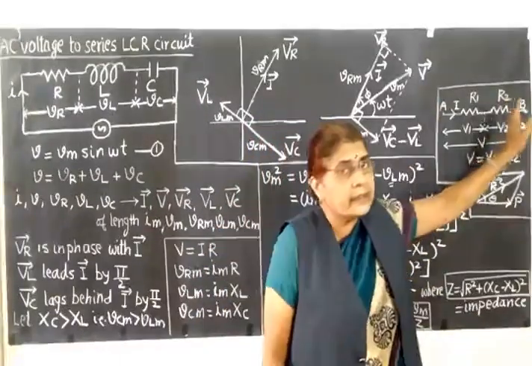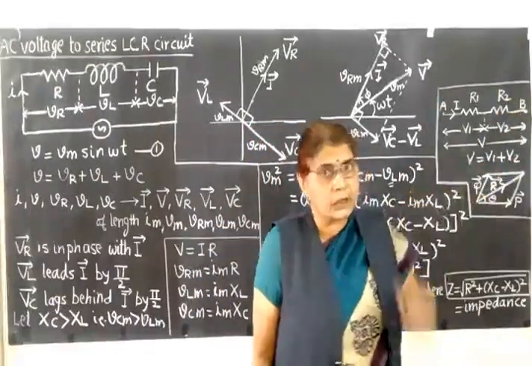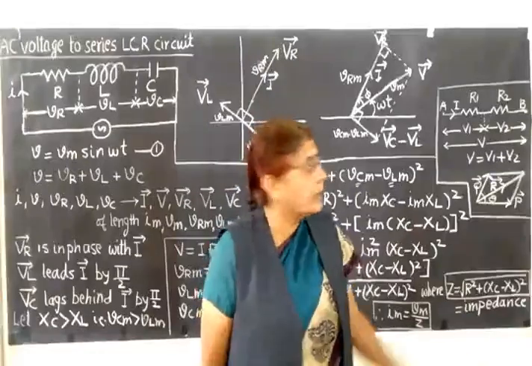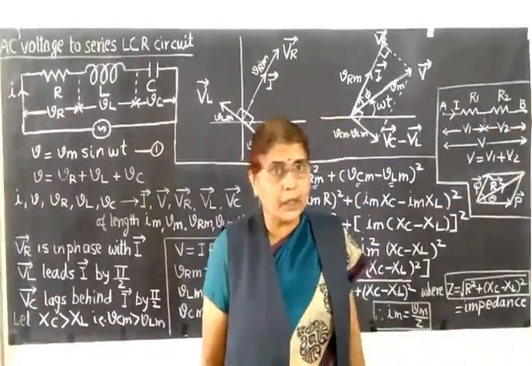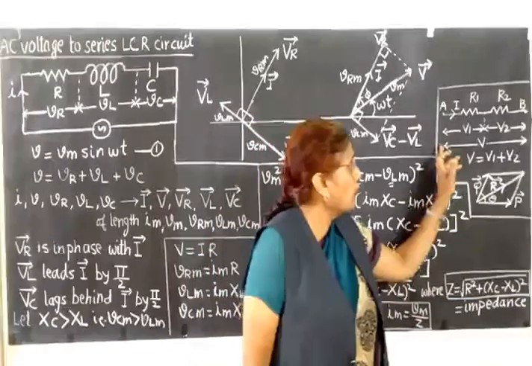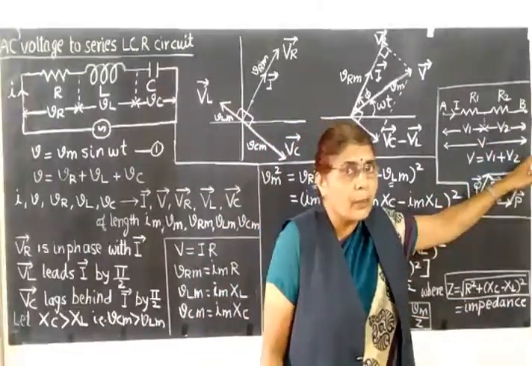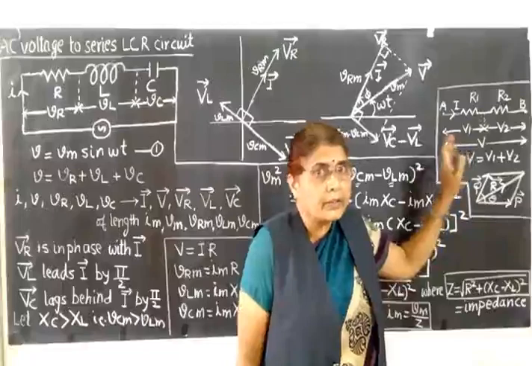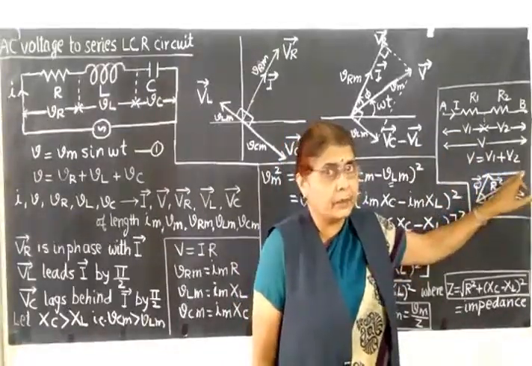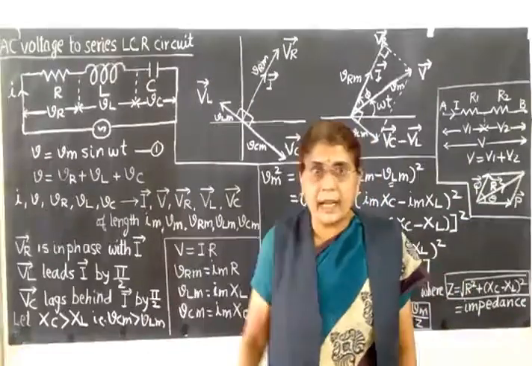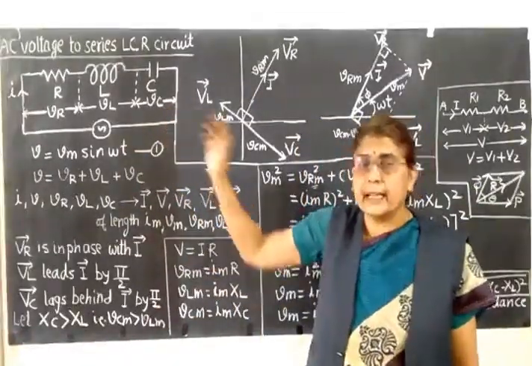Current through each resistor remains the same for series combination. What changes? The PDs across the resistors are different. And also we had seen that the total PD applied across the combination V is sum of the individual PDs, that is V is equals to V1 plus V2. So the same thing we shall apply for the series LCR circuit.